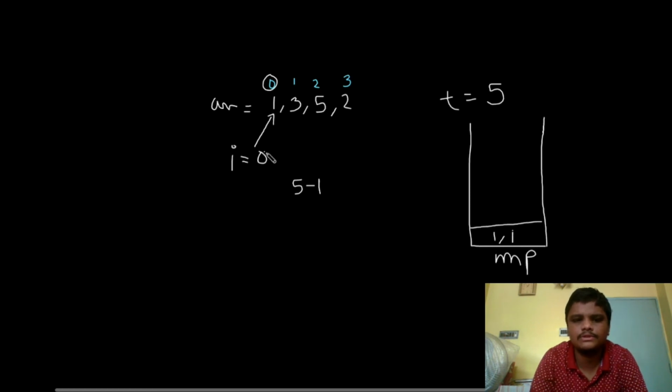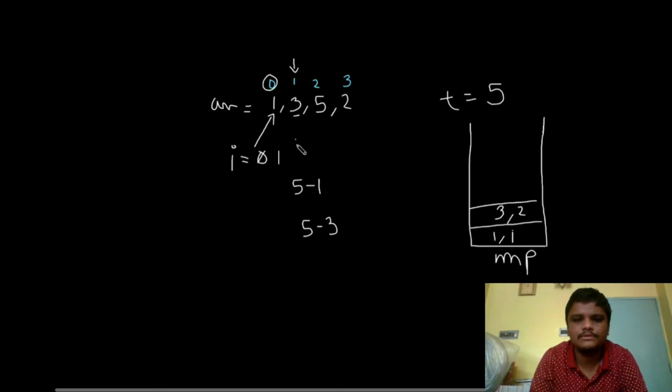So now we're going to increment the value of I by 1, so it will be pointing to index 1. At index 1 we see there is the element 3. So we'll again be checking whether 5 minus 3, that is 2, is present in our map or not. But we can see that 2 is not present, so again the condition is not satisfied. So again we are going to store this value. We store 3 comma 2 over here.